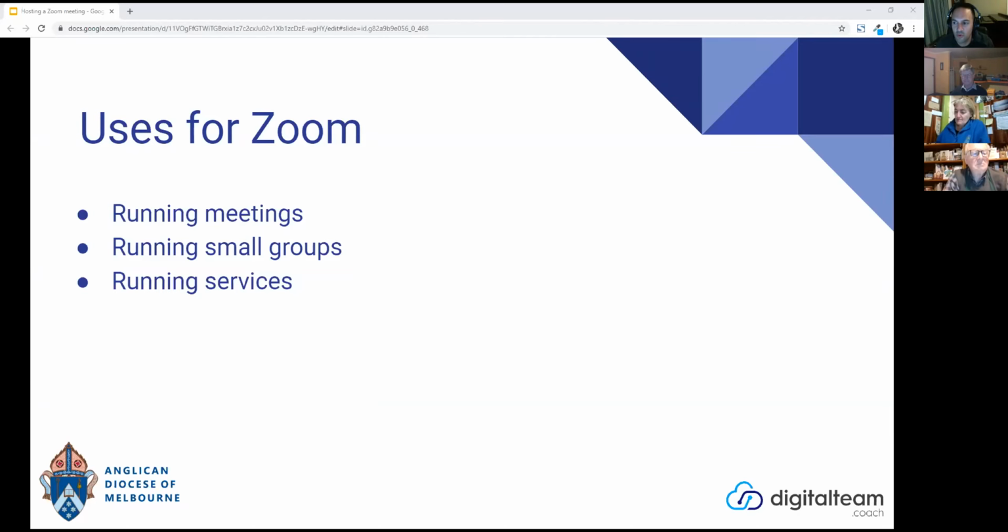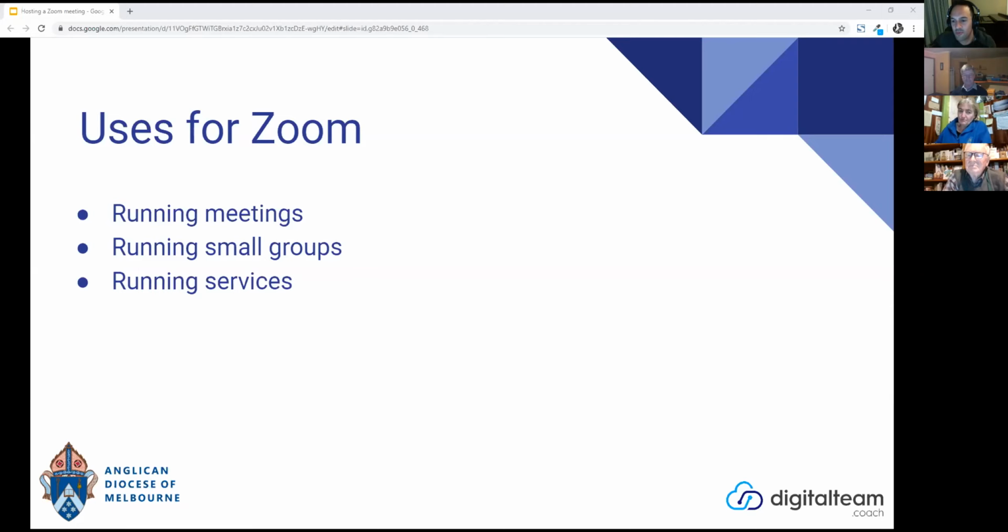Secondly, lots of small groups are using Zoom because, like you see this evening, you see each other's faces and you can hear each other. It's as close as you can get to being in the same room together without actually being in the same room. There's intimacy, friendship, sharing, fun. People do dinner parties now over Zoom. It's quite amazing, really. This is just the new way of connecting with each other.